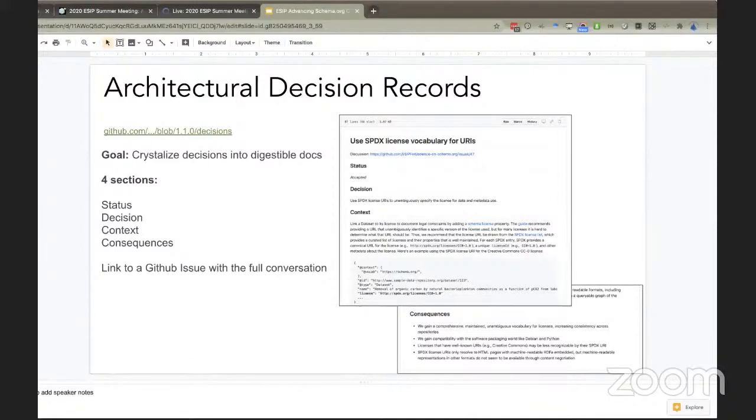And so we adopted this architectural decision record notion to take all these lengthy discussions and ideas, and as we make decisions and changes to the guidelines, boil that down into a very simple, small document that's published in the repository in a decisions folder that simply lays out the status of a decision, the context surrounding it, and then the consequences for that decision. And this will help us guide, over time, where we've gone and what decisions we've made in the past, in case we need to either reverse them or improve on them in the future.